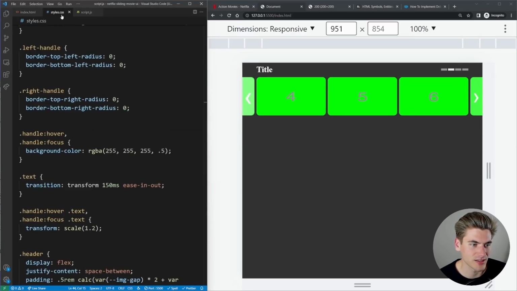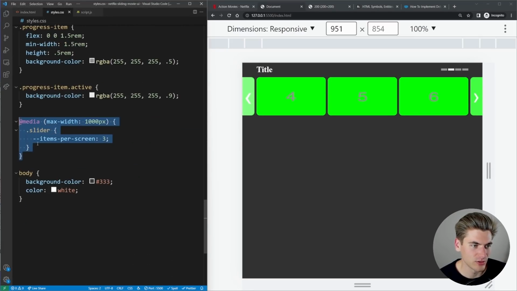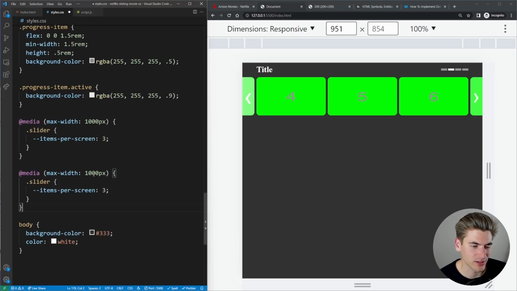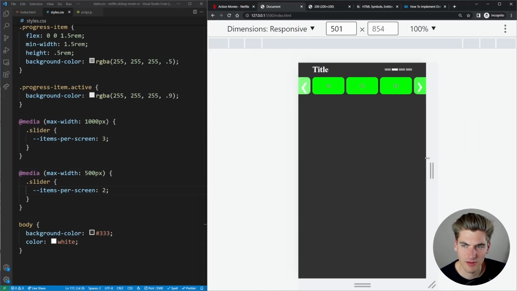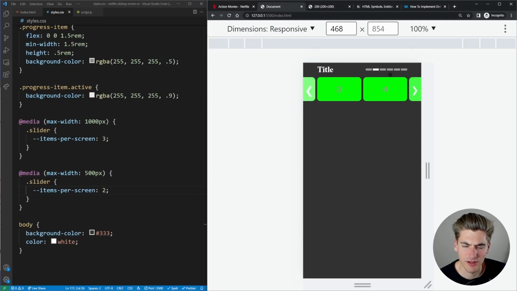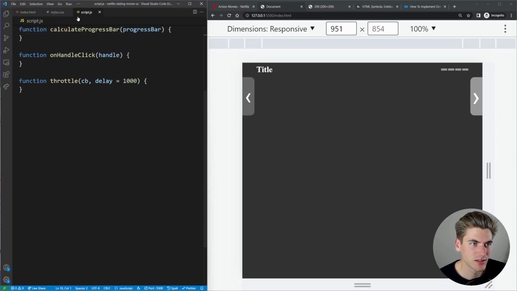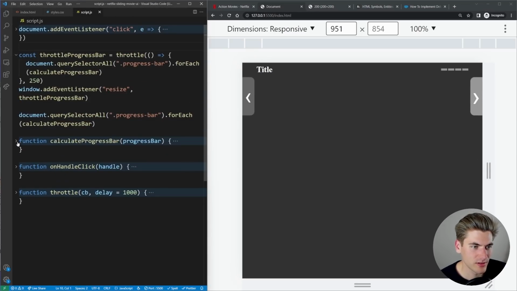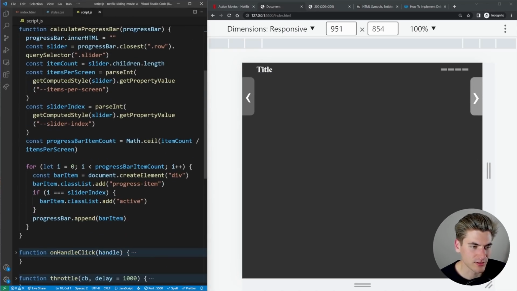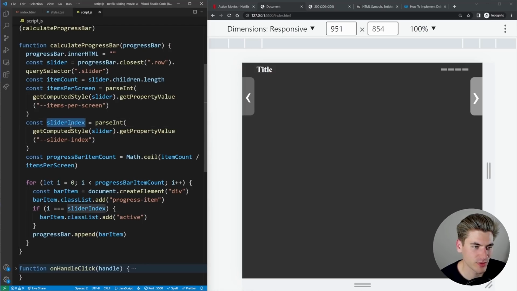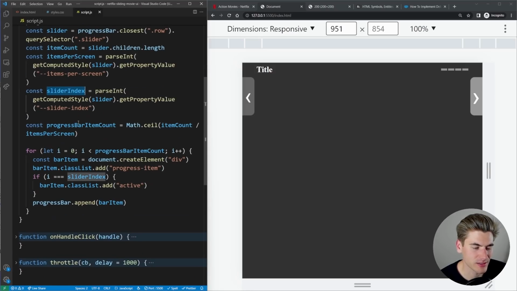And if we change our CSS to include another breakpoint at, let's say, 500 pixels, where we change this to 2, we decrease this far enough, you can now see, again, our slider has changed up here and we can move around. Now this will break when we try to increase our screen beyond the maximum. So what I want to do is essentially cap out our slider index at a specific value.